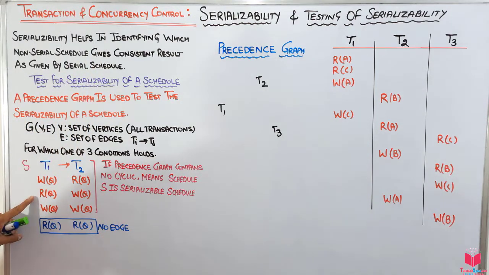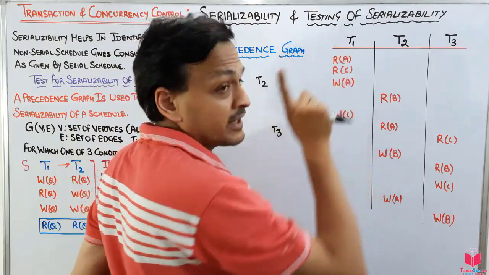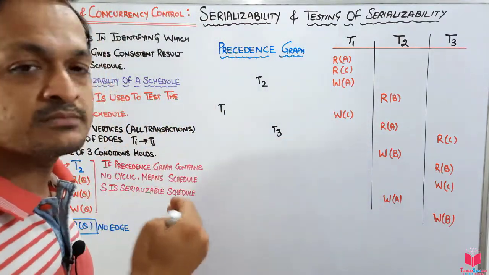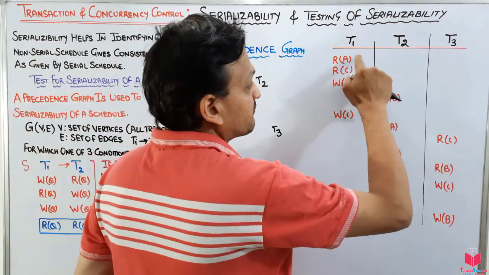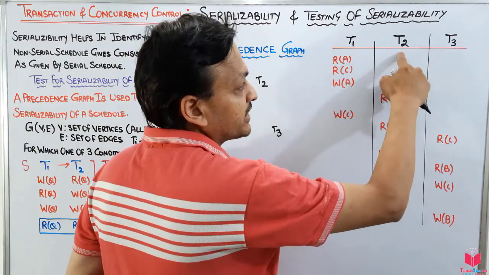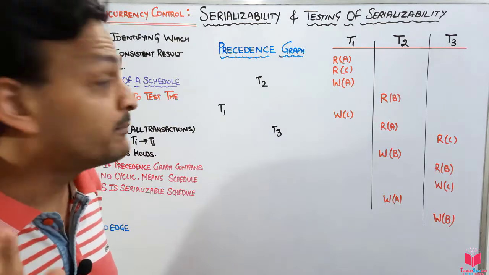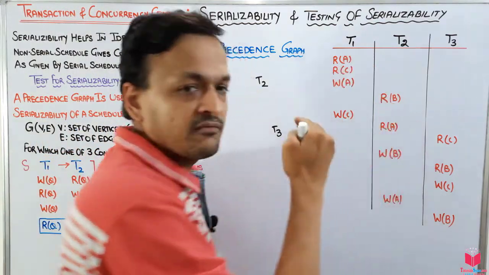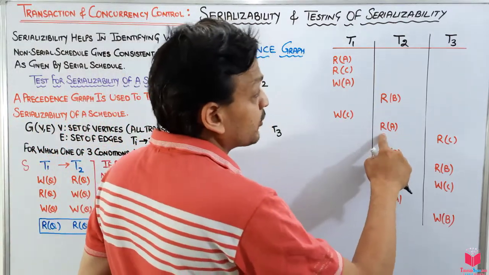If there is a read operation, then we have to check only for a write operation on the same variable. So see, this is the read operation on the A variable, so we have to look for the A variable only. If another variable comes, we have to neglect it and move further on. From T1 I move to T2, there is a read operation on B, but I have nothing to do with the B variable, because this is the A variable and that is the B variable, so I will skip this. I move further down, then there is a read operation on A.